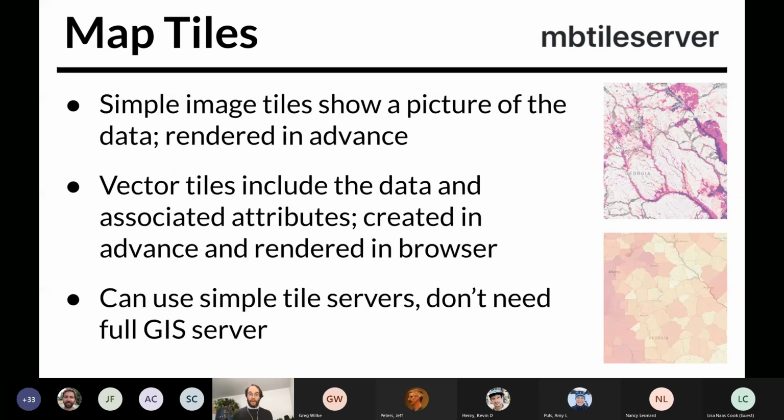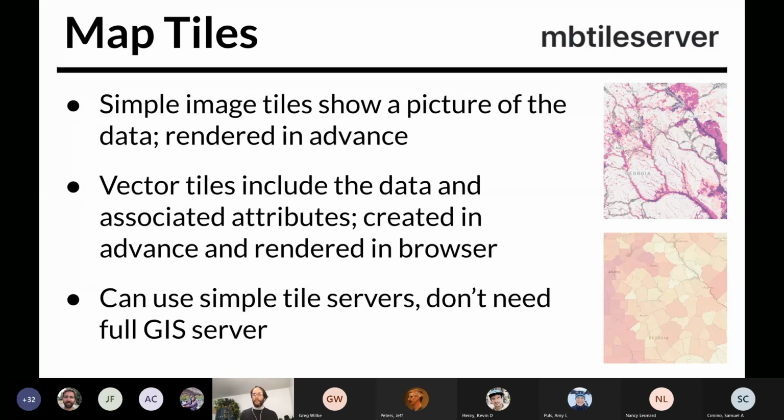Many of my projects involve interactive maps, and for these I use front-end libraries like Leaflet or Mapbox GL, and I consume map tiles. These are all made in advance rather than dynamically as you're interacting with them in the map. And they come in two basic types. First, we have image tiles, which are a picture of the data, and we have vector tiles, which include geometry data, such as points, lines, or polygons that have been cut up according to a tiling scheme and shipped to the front end with their associated attributes. These are rendered dynamically in your browser, which makes them incredibly powerful for interactively styling or filtering them.